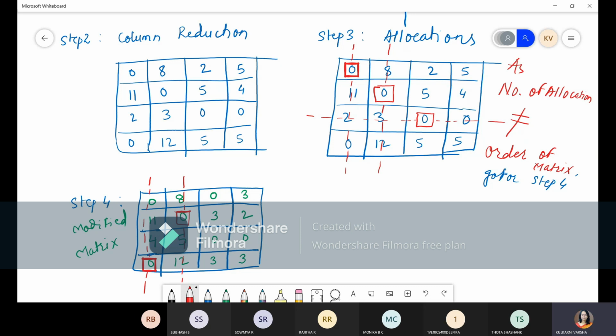We cannot do anything. Second column, already crossed. We cannot do anything. Third column, there are 2 zeros. We cannot do anything. Fourth column, there is single 0. So we'll allocate that single 0 and we'll cancel the row. Because we are doing column wise scanning, then we have to cancel the row. So we'll cancel the row.